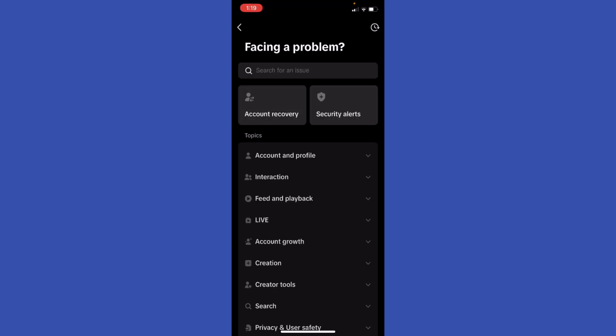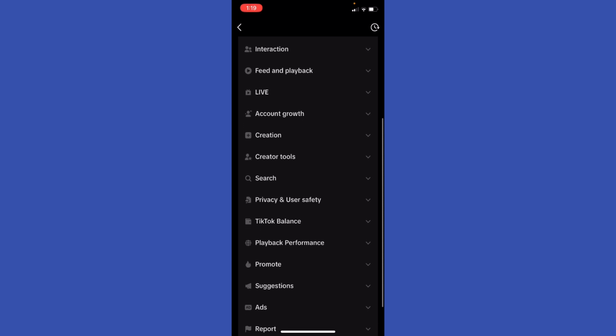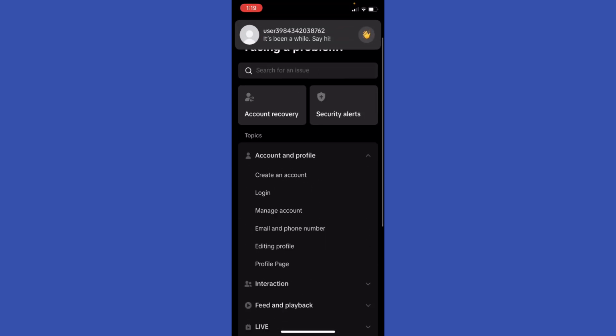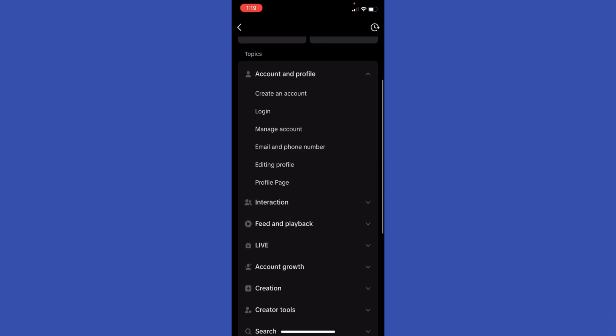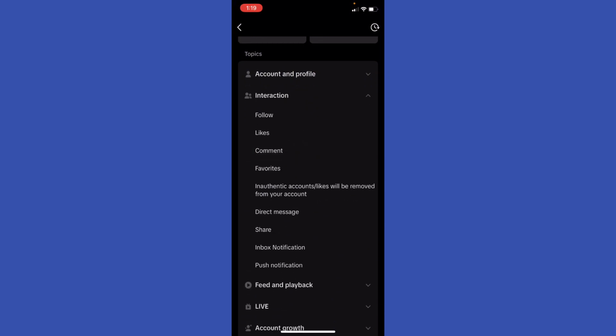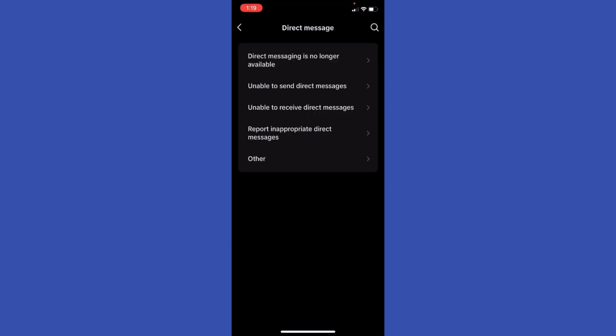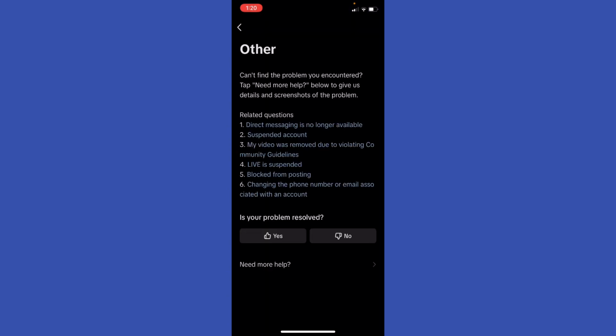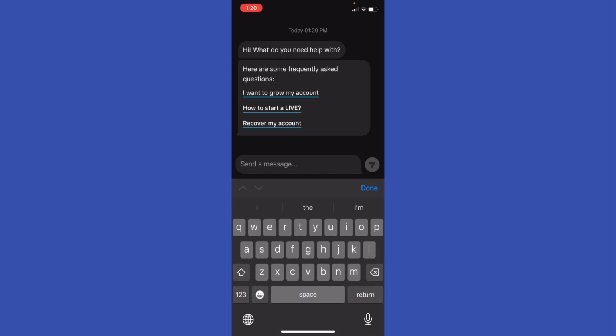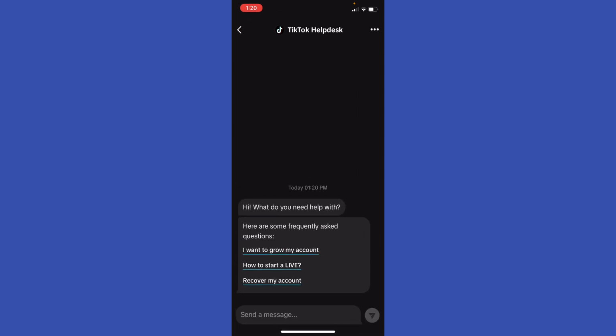But instead, what you're gonna be able to do is report a problem to TikTok, and you want to basically talk about your messages. So I'm gonna find account profile, and I'm gonna scroll a little bit down, editing page and manage account, email, phone number, no. Comments, likes, follow, inbox, notification, direct messages. I'm gonna just go ahead right here, and basically I'm gonna select others, and I'm gonna talk to the TikTok help and support, and tell them that I need my messages to be recovered because I